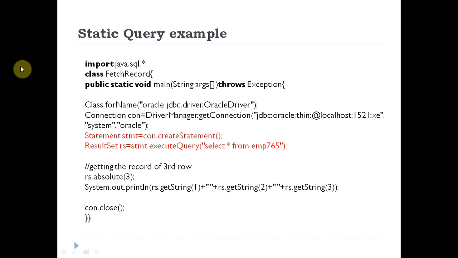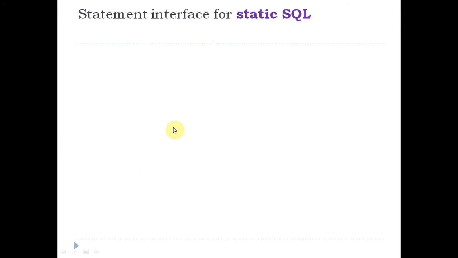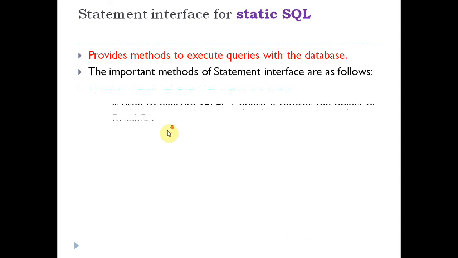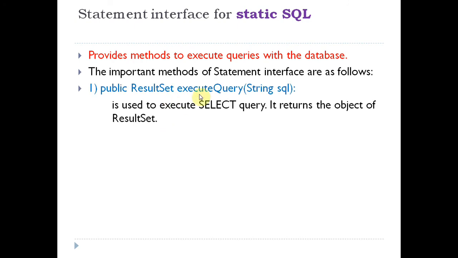Okay, then this statement interface has three methods. So these are the different methods. First one is execute query. This method is used to execute select queries. That is, selecting means we can retrieve the data from the database. So retrieval queries can be executed using the execute query method. And obviously we know that after execution of a select statement there must be a result. Okay, so the result set is the return type of the execute query method.